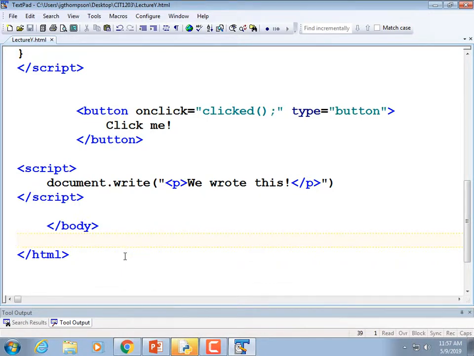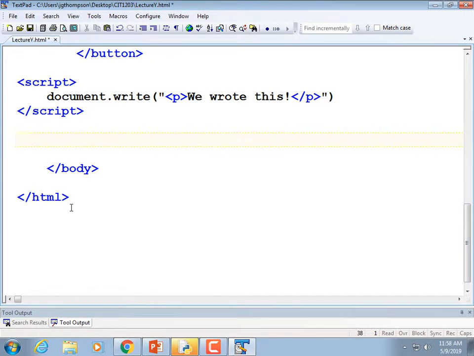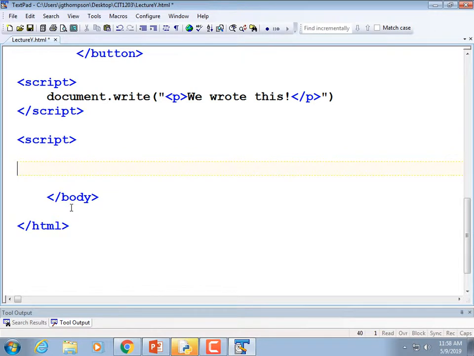All right. I'm almost interested in commenting all of this out, but that would be kind of tacky. So instead, what we're going to try to do is create some functions that would write maybe a table. So we're going to open up another script tag, script close angle, function tabletop, parentheses,